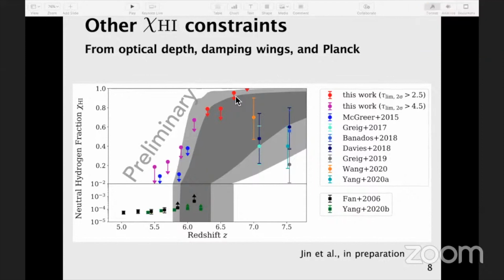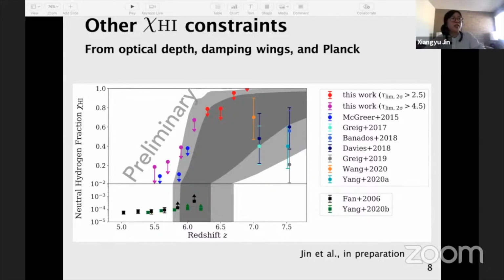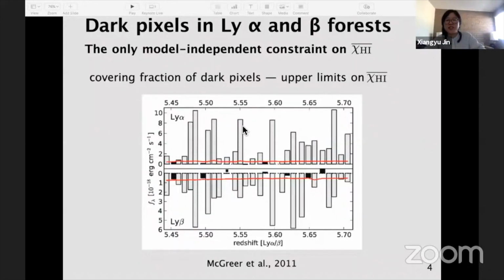There are a couple of questions about the bin size or the pixel size. Could you define what you mean by pixel, and how do you motivate that definition, and how do the results change depending on the pixel size? Okay, so in our study, we only set this one pixel size, which is about 3.3 megaparsec in comoving distance. We use this pixel size for all the sight lines, and we haven't tested how the pixel size will change our result. I guess probably that's the next step. The reason we chose a larger pixel size is that the limiting optical depth is higher for a larger pixel size.